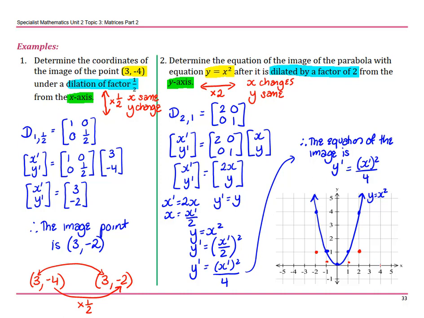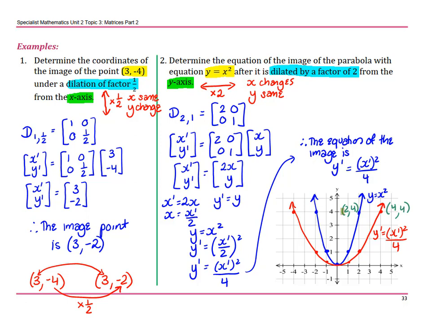If you put 4 into it, 4 squared is 16, 16 divided by 4 is 4. So that is our image. And what you can see is if this is the point (2, 4), this is the point (4, 4),